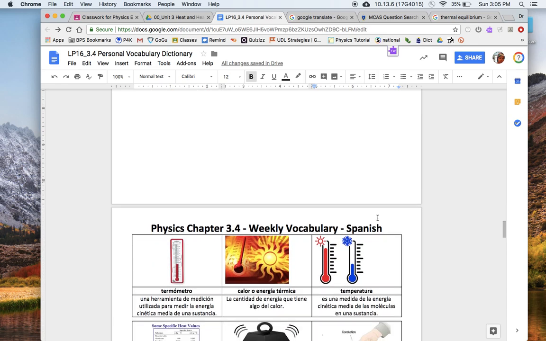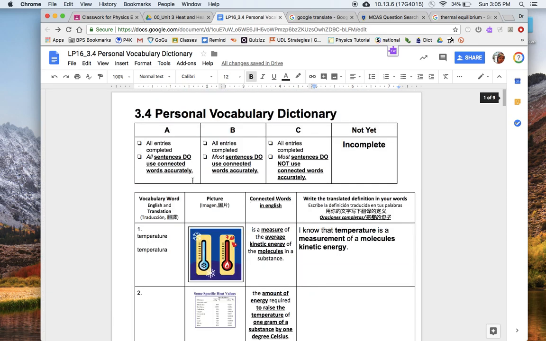What I want you to do next is you're going to come up and do the vocabulary dictionary. I already did the first one, so I know that this one is temperature. I translated that to temperatura. I give you this here so you can put these words together to create your own definition. So I know that temperature is a measurement of a molecule's kinetic energy. That's my definition. Okay, I want you to repeat this and finish that for 1 through